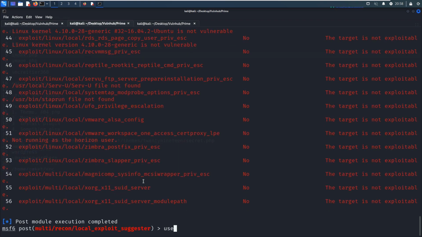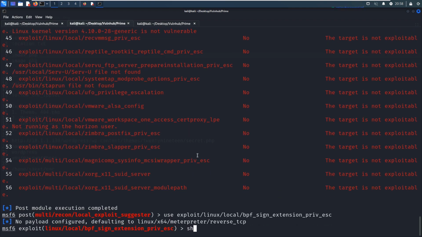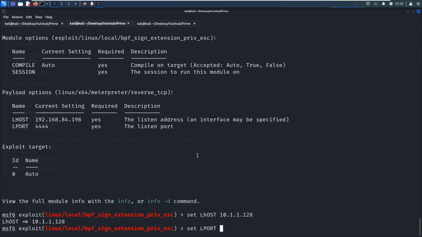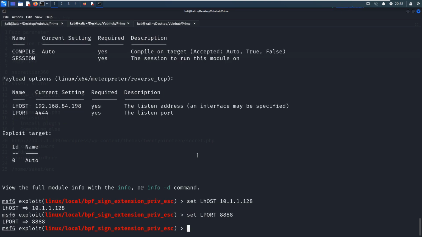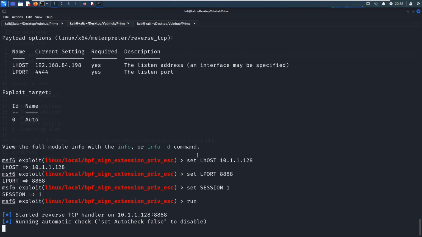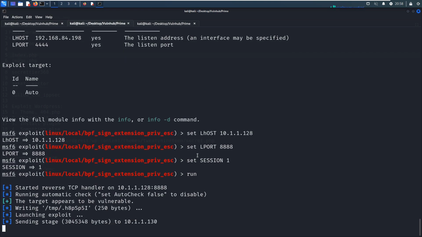Okay, it's over. We can use this module to try, and then show options. We can set local host to our Kali Linux, set local port number to another available port number on the Kali Linux, set the session to 1, and then we can run it to see whether we can successfully elevate privilege to root user.